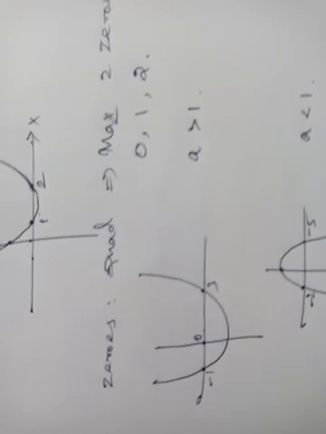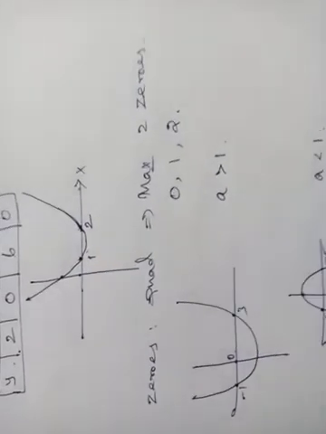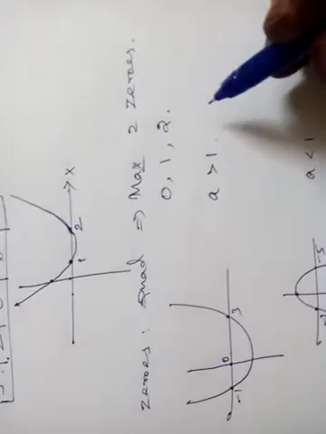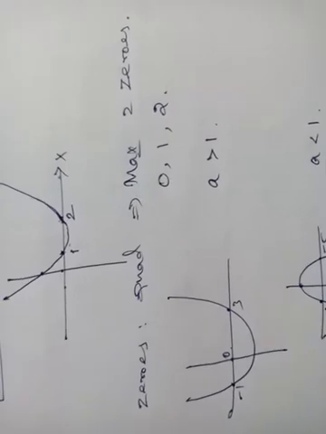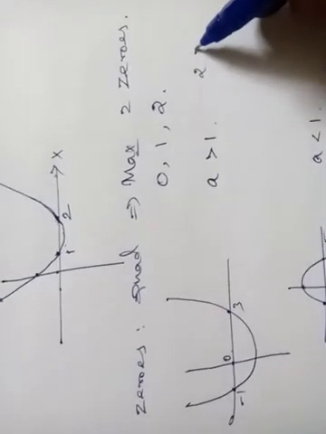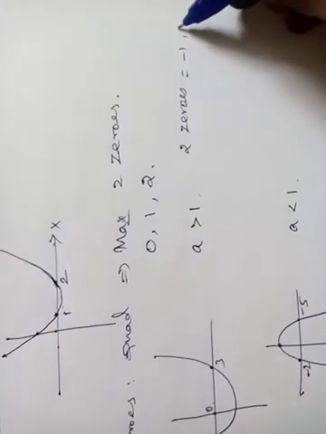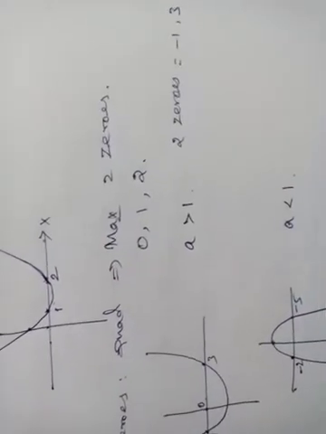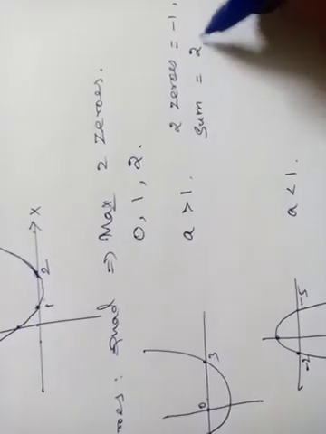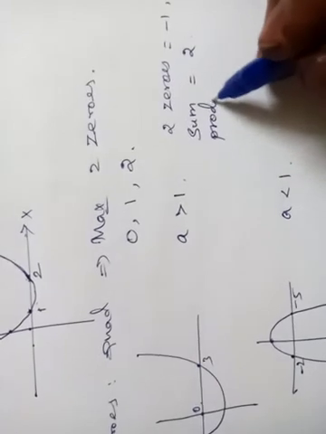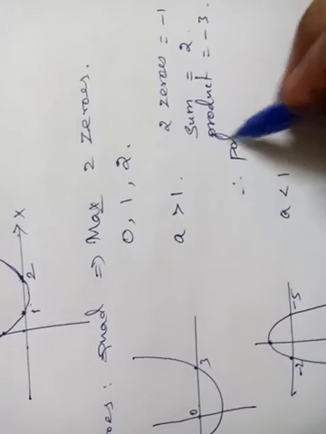Okay, right. Now what do you think about the quadratic polynomial of this graph? Now see that two zeros are there, minus 1 and 3, right? By using this, what is the sum of the zeros? 2. Product, minus 3, right? Therefore, what is the polynomial?